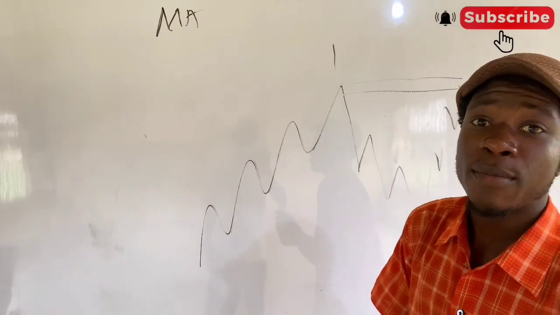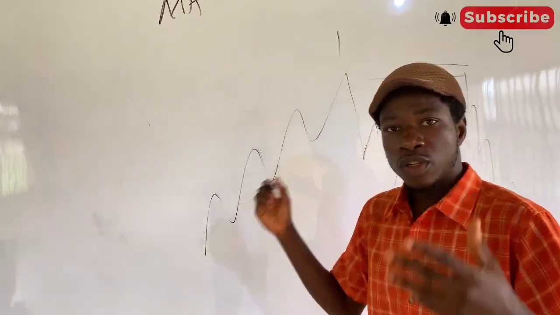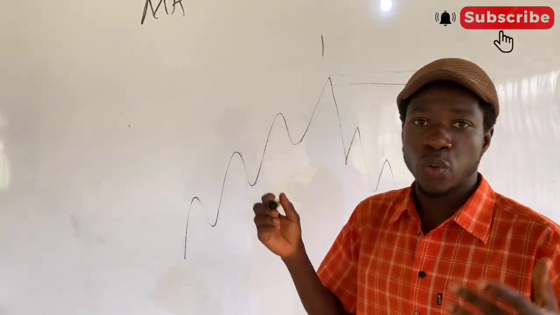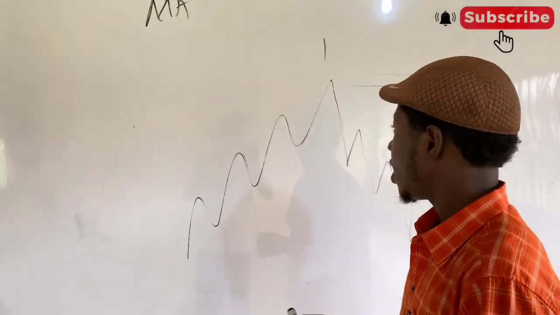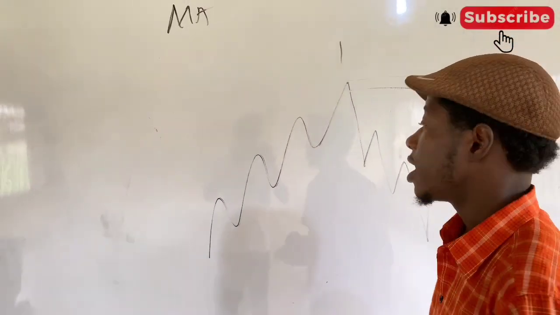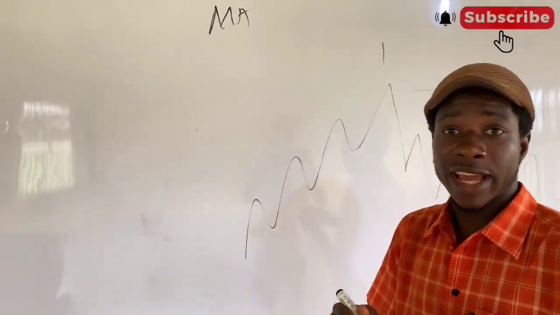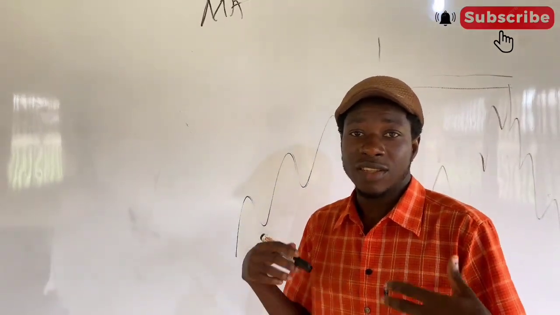So identifying them on the chart will help you to make more informed decisions on where to buy and sell. And lastly, we'll be talking about trend lines. Now trend lines are like horizontal support and